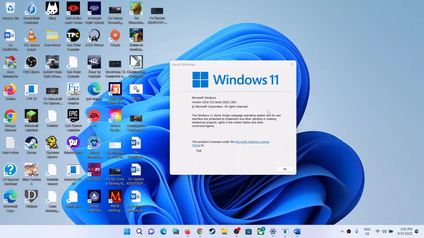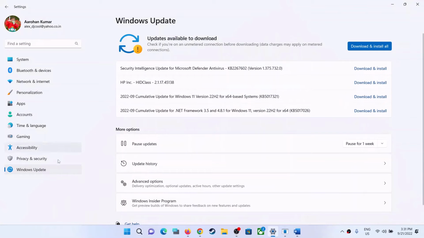Today in this video I'm going to show you how to download and install Windows 11 version 22H2 on your Windows 11 computer. The easy way is to go to the start menu, then click on settings, then go to Windows update and click on check for update. Now if 22H2 is not showing over here, in that case